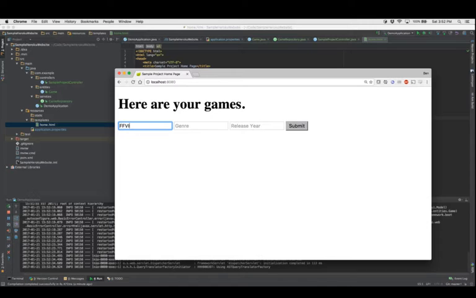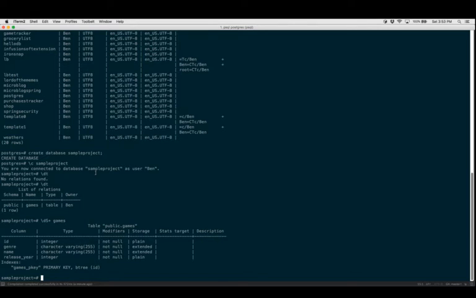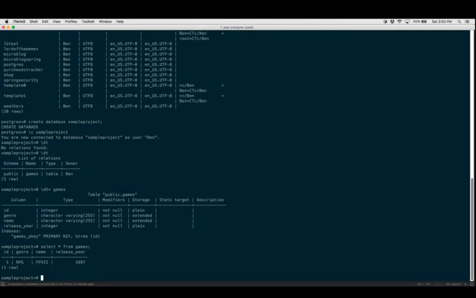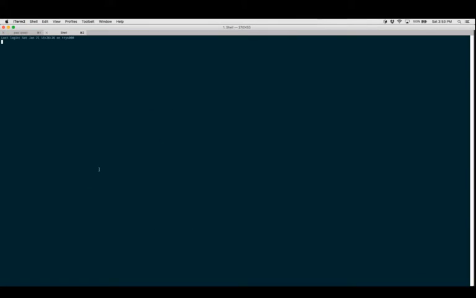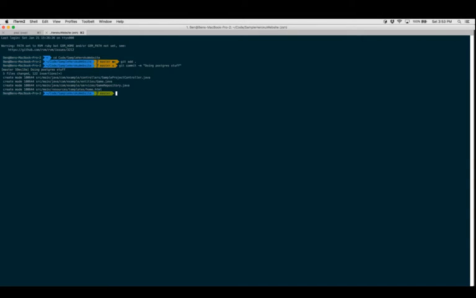Okay, so Final Fantasy VII, RPG, 1997, submit. Good. So it did work, right? So we list. We see here in Postgres, it's like select star from games, right? And we see that indeed, yeah, it's in the database. All right. So here's the games. So now that I've made some progress, let's actually sample Heroku project. Git add dot, git commit -m doing Postgres stuff. All right. So now that I've got a working CR application,